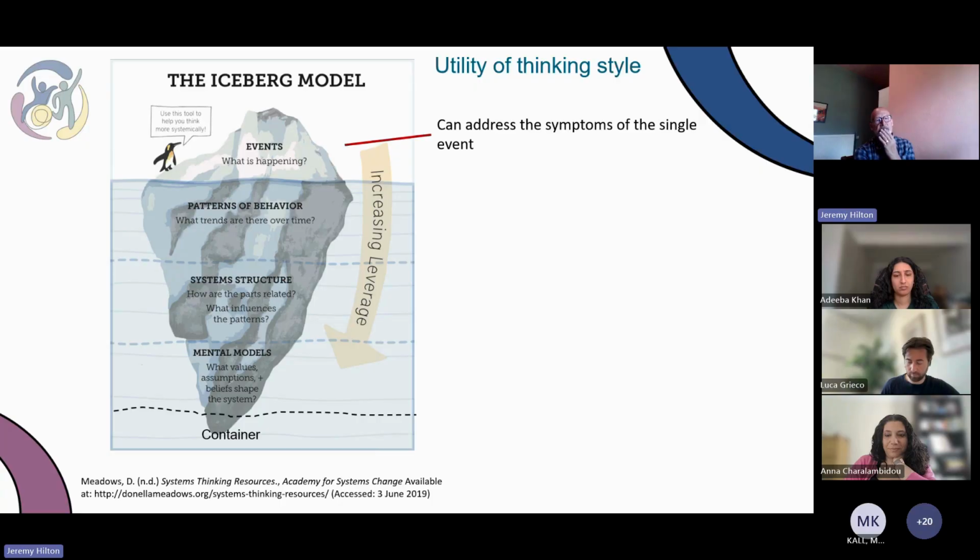And I don't totally agree with these words, because this is what Danello would say, is yes, you could address the symptoms of a single event. I don't believe you can forecast events, but you can probably gain some insight of, with our current modelling, we have an indication of what the future behaviour might be. And this is really the key work that Nikki has been doing and working with Mehdi with the causal loop models and system dynamics. And that's going to be very important later on through SPROCKET.